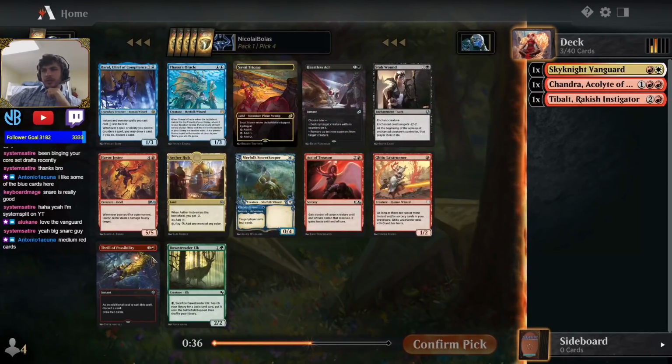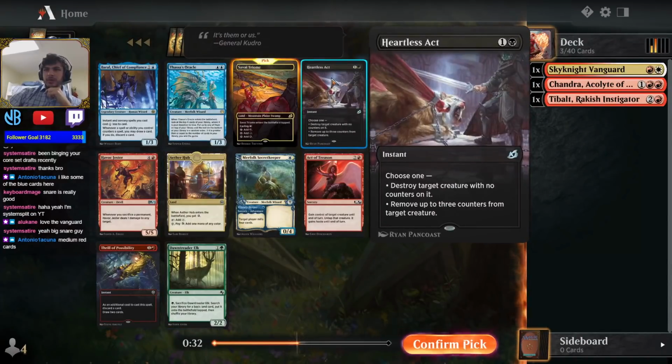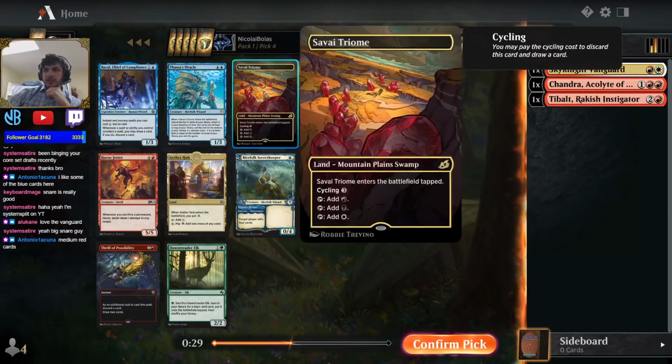Active Trees and Lava Run is not. Neither of those is super incredible. I'm just going to take the Triome, I think. Pretty medium red cards. The Heartless Act is probably the best card, but